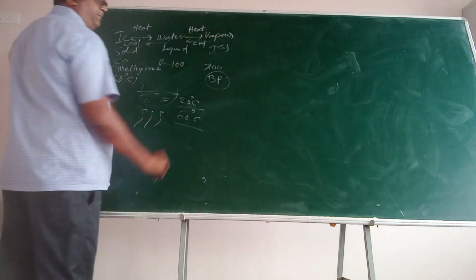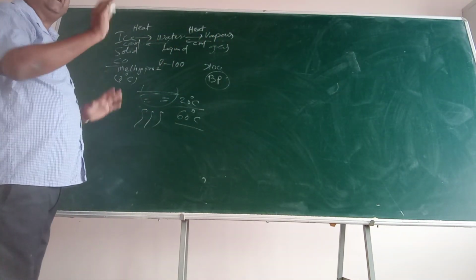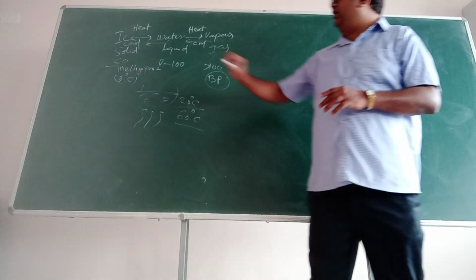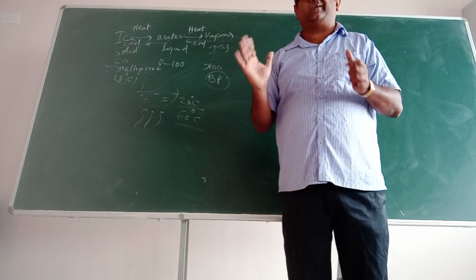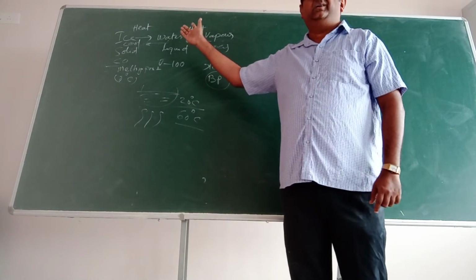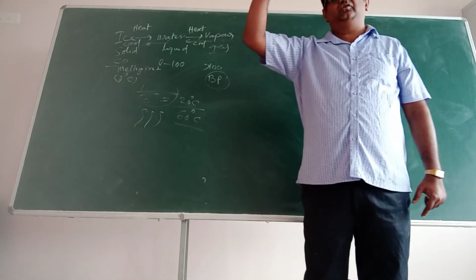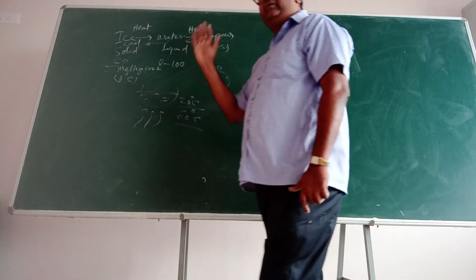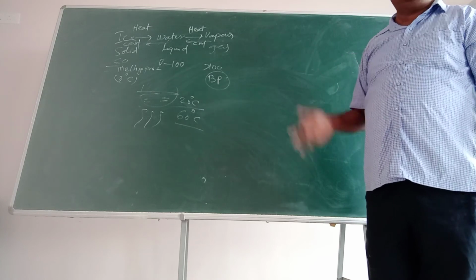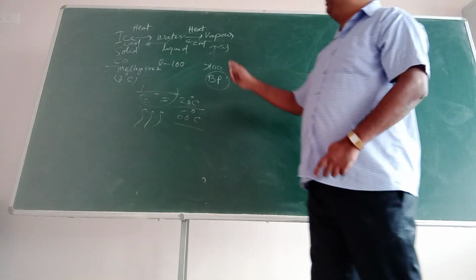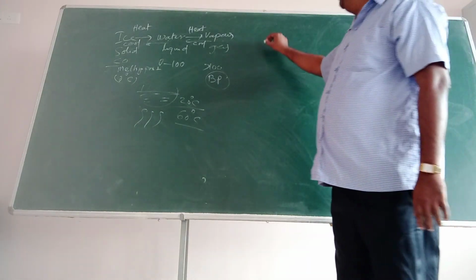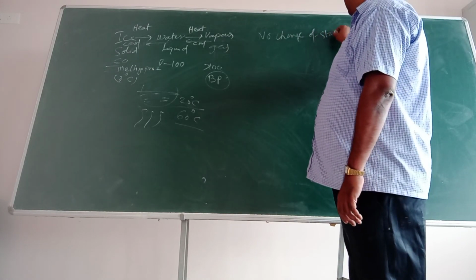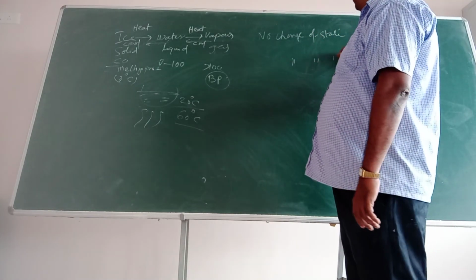Now, when water is becoming vapor or ice becoming water, there is a change of state. But when water remains water only, I am talking about any thermodynamic process where water is water only, there is no change of state. Change of state means solid becoming liquid, liquid becoming gas. No change of state means solid remaining solid, liquid remaining liquid, gas remaining gas. Alright? So, remember this. You have only these two cases, no? Either there is no change of state, or there is a change of state.